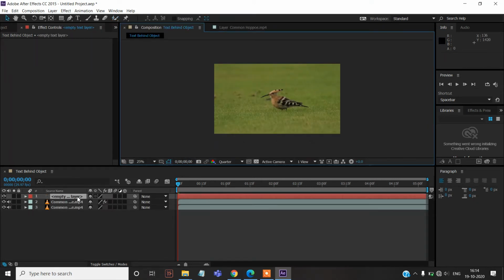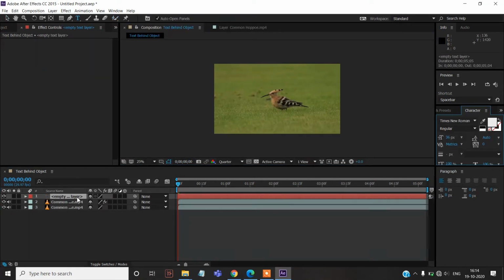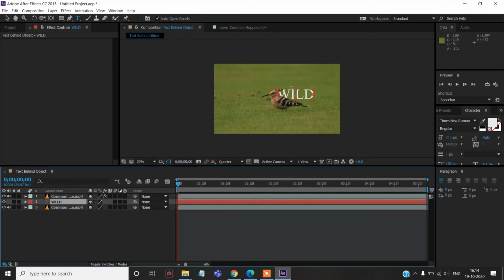Now we have to insert some text. This is done by using effect, new, and text. This is the empty layer of the text, and once we have written something, we will move this between the two, the second and third clip. You can see you have to place this text portion between those two layers.